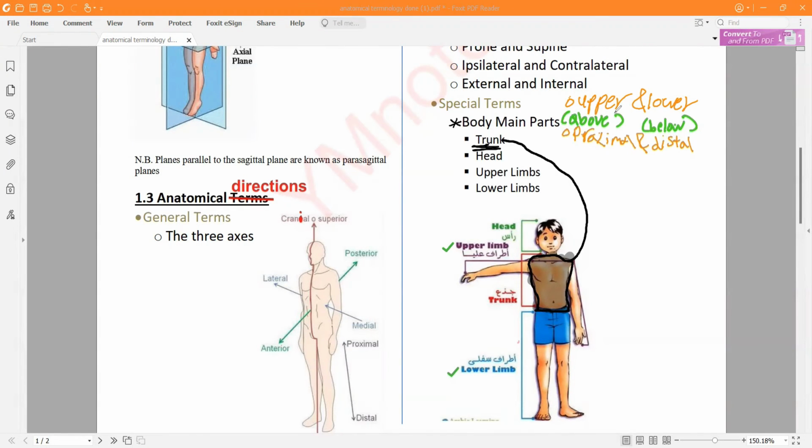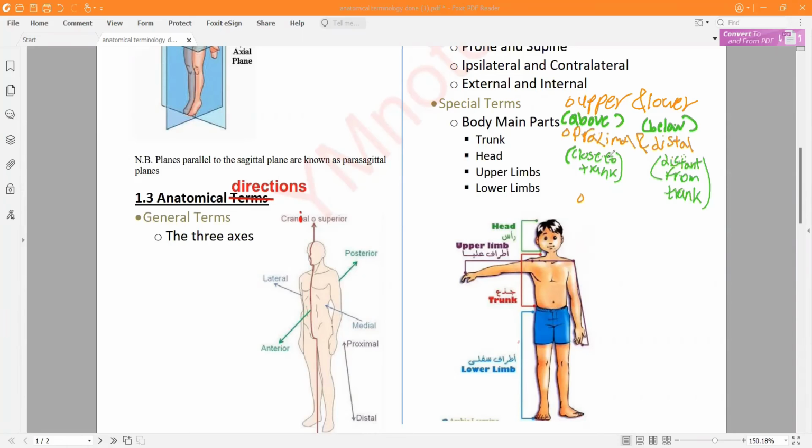Going to the next pair, we have proximal, meaning close to the body trunk, while distal means distant from trunk. Giving an example, we have two stars here. We call this one the proximal star, while that one the distal star. These anatomical directional terms are always used in comparison like this. That's why they are all in pairs.